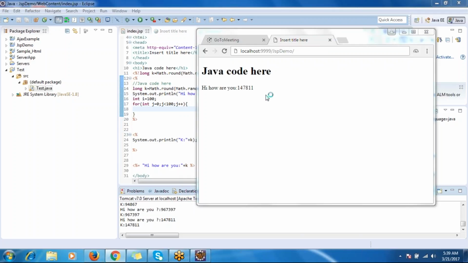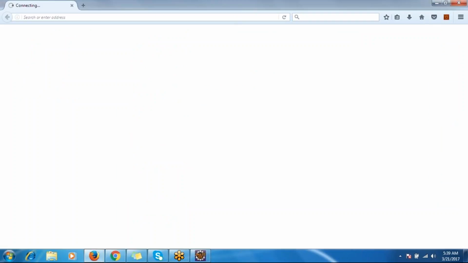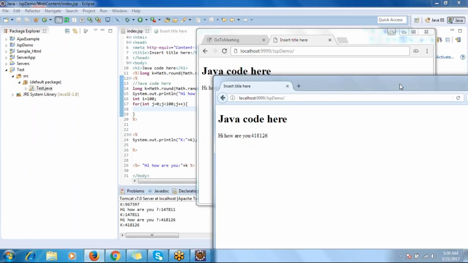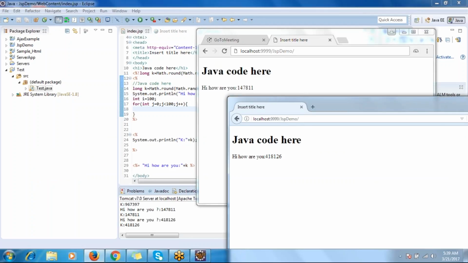Another client means a different browser, correct? It's taking much time. Even if thousands of customers are trying to access our application, the server side is only one object. So these are two customers, correct? But on the server side, only